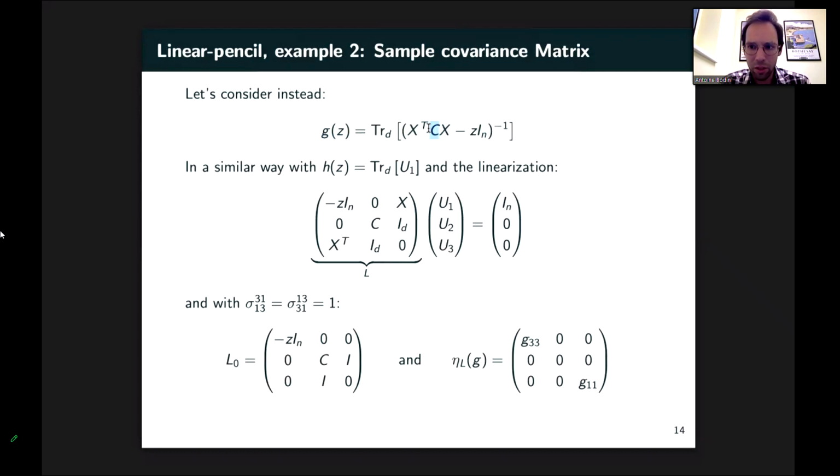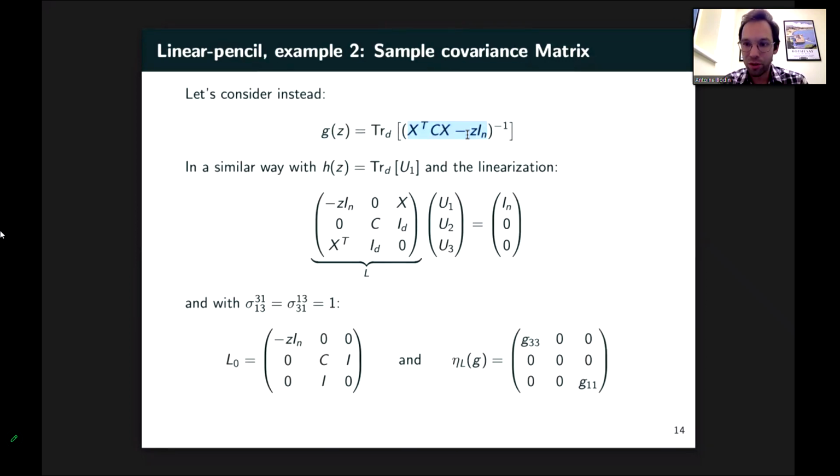And okay, if you just run the same process that we have seen for Marchenko-Pastur, basically you just find some sort of linearization method. So again, U1, U2, U3, just think of it as some placeholder names for some matrices. And what we are actually trying to calculate is the trace of U1. So I pretend that if you invert this block matrix L, and you look at the location 1,1, or even if you use the Schur complement formula, you get back this expression that is defined above.